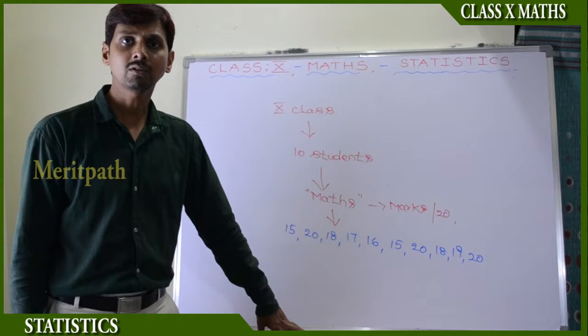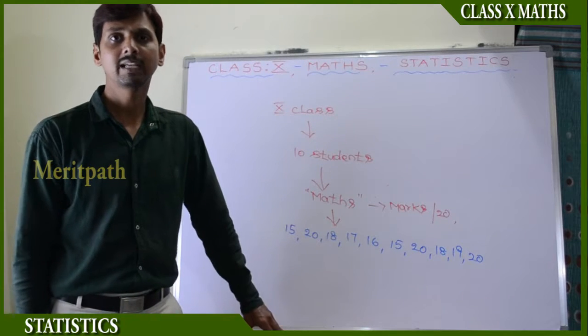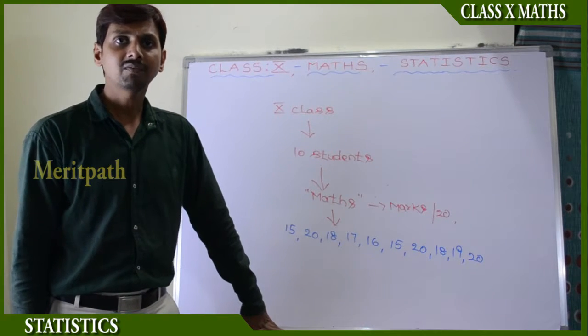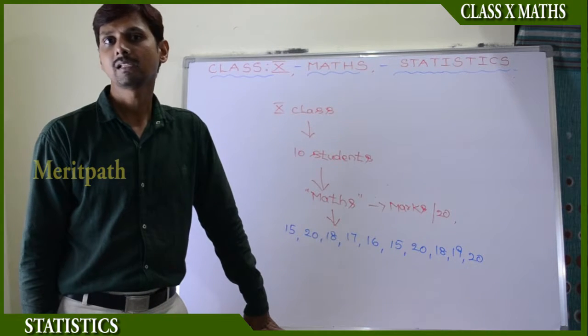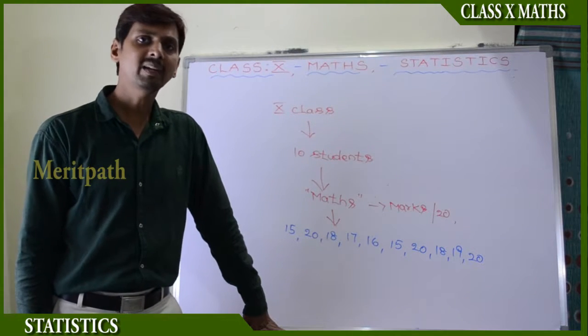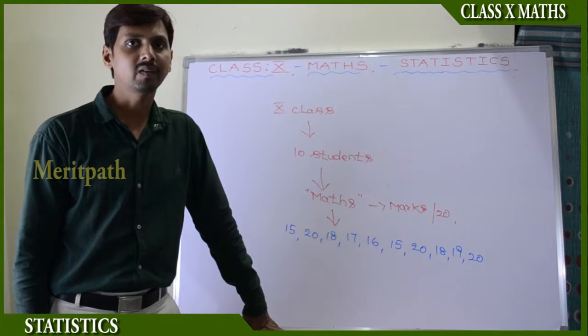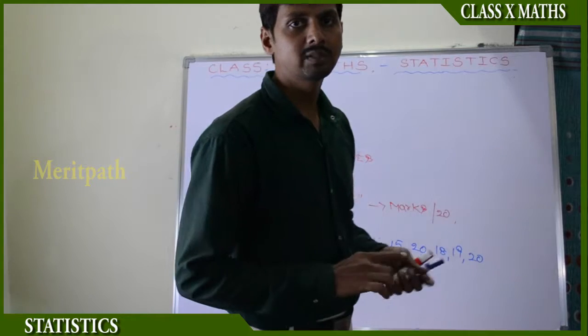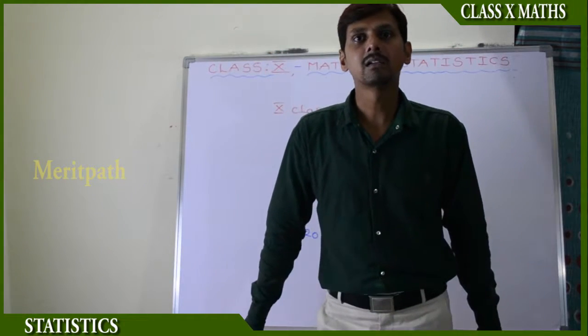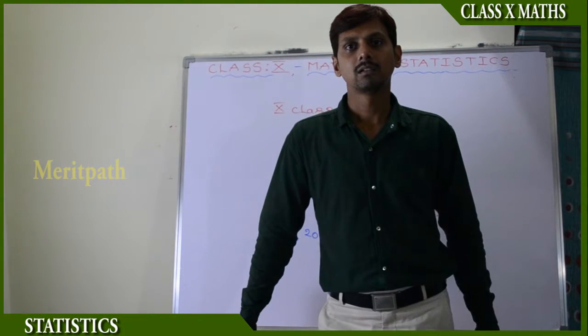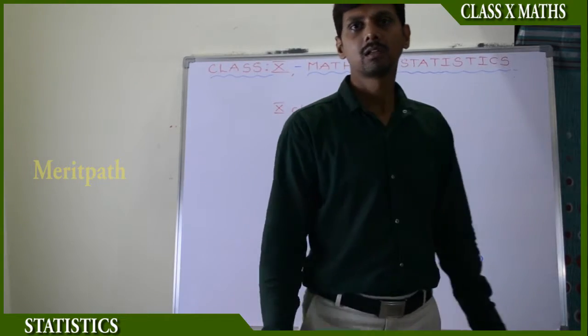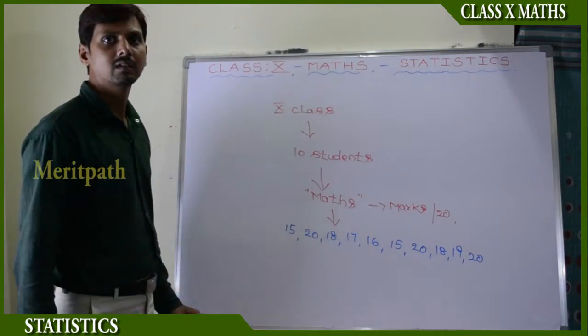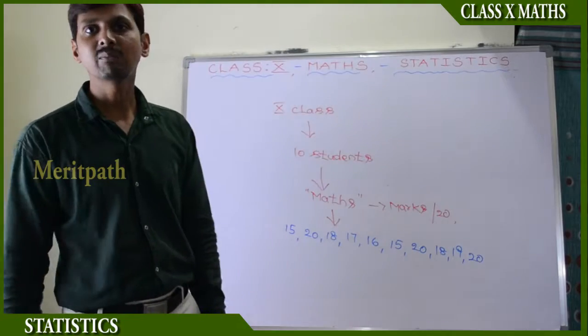So we need to find out how many of them got the range of 15 to 17 and 17 to 19, and how many got 20 out of 20. To tell about these marks easily, we need to use statistics. The statistics is nothing but